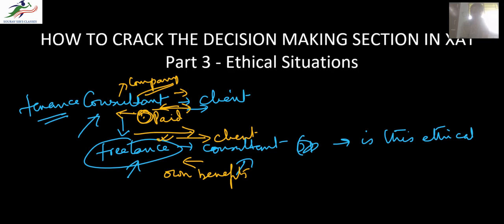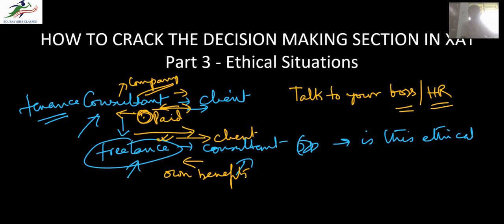And in this case also, the best thing to do is to talk to your boss and even HR, because it is related to the company's policies. So you have to talk to both your boss as well as the HR and get their permission as to whether they are okay with your freelancing. In some cases, they might agree, saying that, okay, fine, you can do so, but within some constraints which they will tell you. In certain cases, they will say, no, you cannot do this. So you cannot take a decision to freelance without their consent,